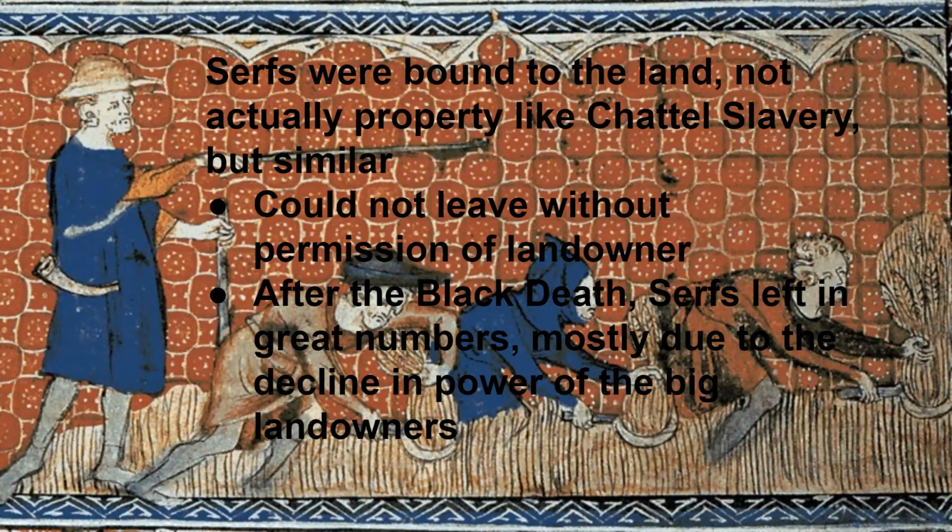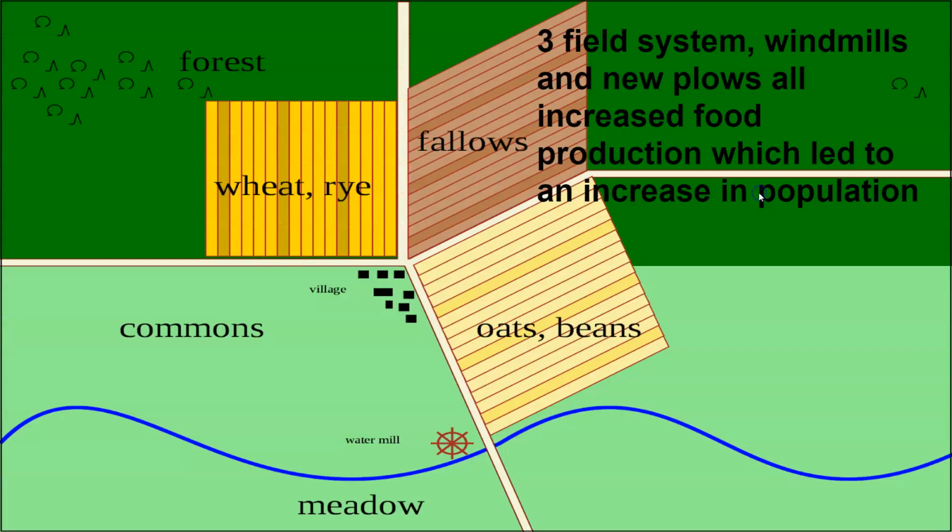But after the Black Death, this all begins to break down because so many people die, and it doesn't discriminate between rich and poor. A lot of the classes of the nobility die out, and these serfs are left to their own devices, and many of them leave to the cities where there are job opportunities and also freedom. Okay,